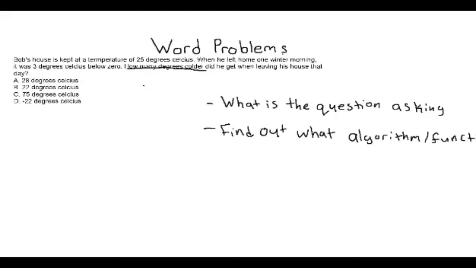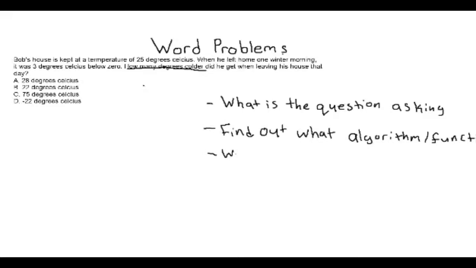The hard part when it comes to most problems, word problems specifically, is figuring out what exactly you have to do. So this is actually the hardest step, and it's impossible to know what algorithm to use if you don't know what the algorithms are first. So that's why the first thing you need to do before studying, which is what we have you all do at home, is know how to use the algorithms. And then with the word problems, the hard part is applying it to these questions, which is the next step that you have to do. So, after you figure out what algorithm and function you're going to use,